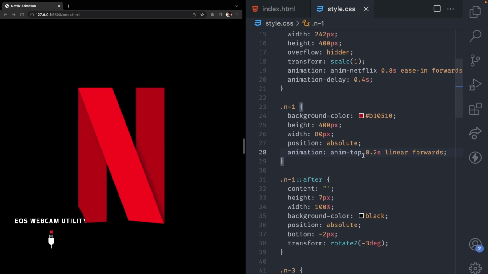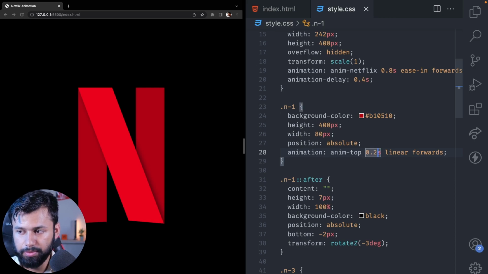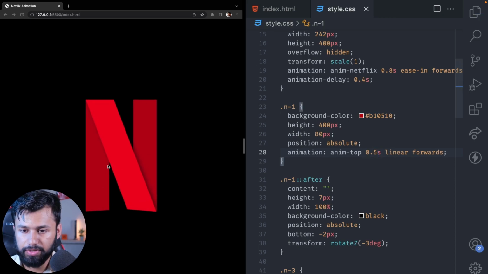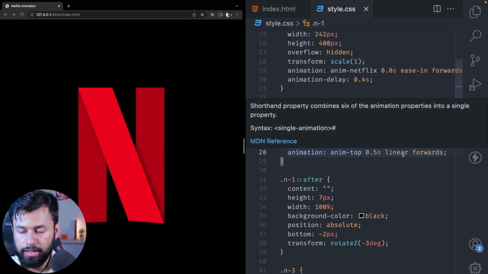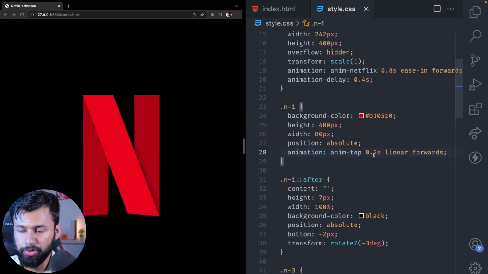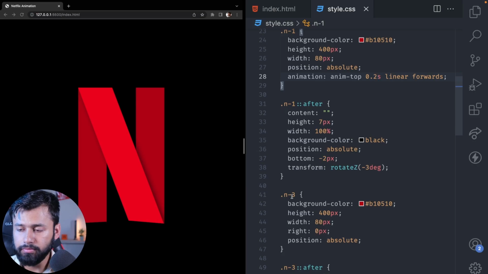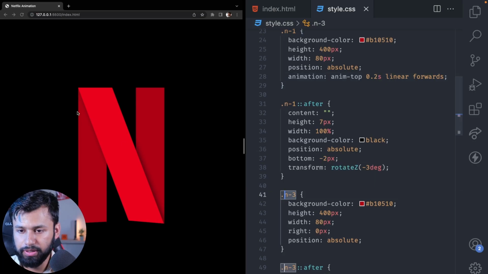And if I show you, this is how it looks. If I refresh the page again, this is too far, so maybe let me just make it 0.5 second, and then you can see it here. So yeah, I'm moving back to 0.2 second, and before I add it to this one, I'm first going to animate the diagonal line, and then I will add this